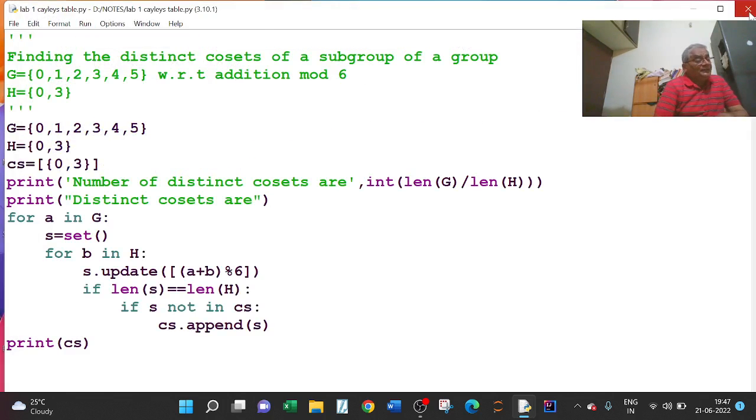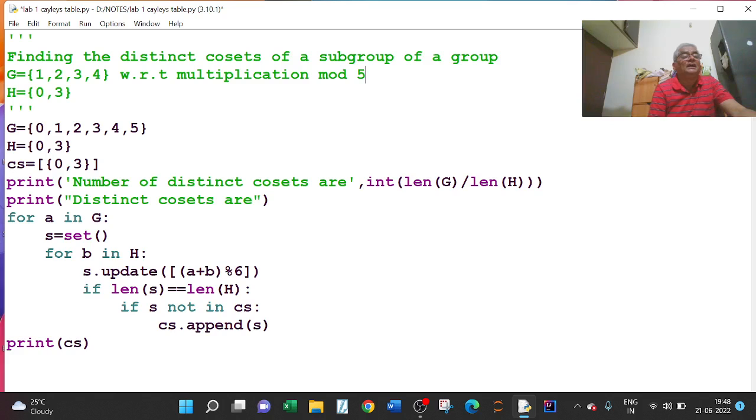Let me go for another example. I will take G equal to 1, 2, 3, 4 with respect to multiplication modulo 5.